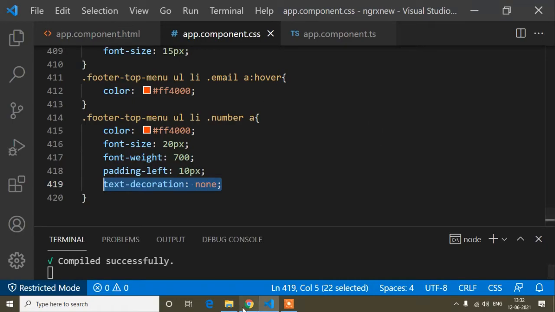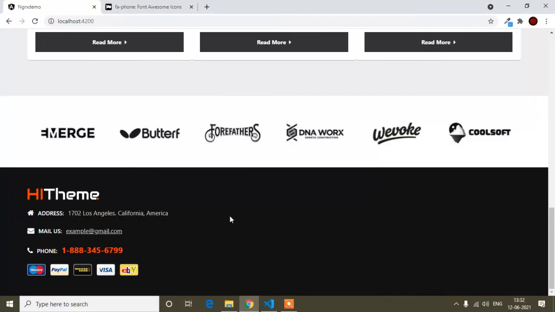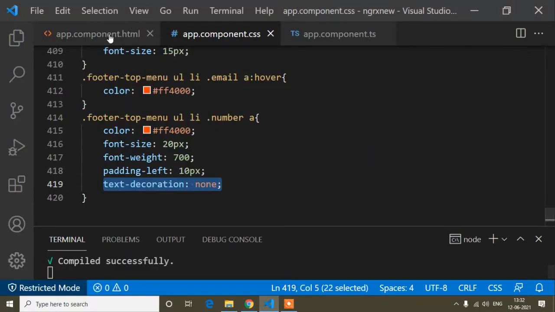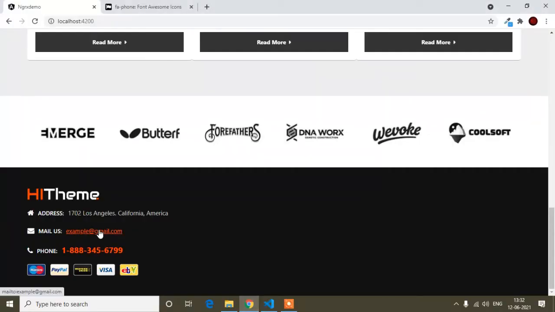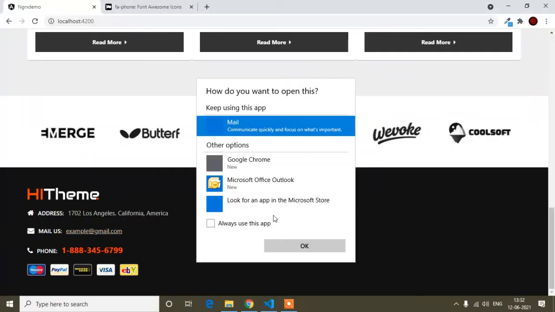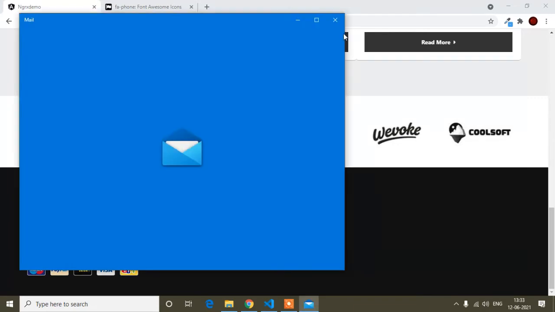So now save, and here if I show, you can see how it looks now. And now guys, I have written here, if I show here, you can see the tel, this is the HTML5 feature, and the mailto too. What is the advantage? So now if I click this mail, you will find the mail will open, you can see. So now if I open this mail, it will be redirected to this mail. Okay, so same thing, you can see it will be redirected to the mail.